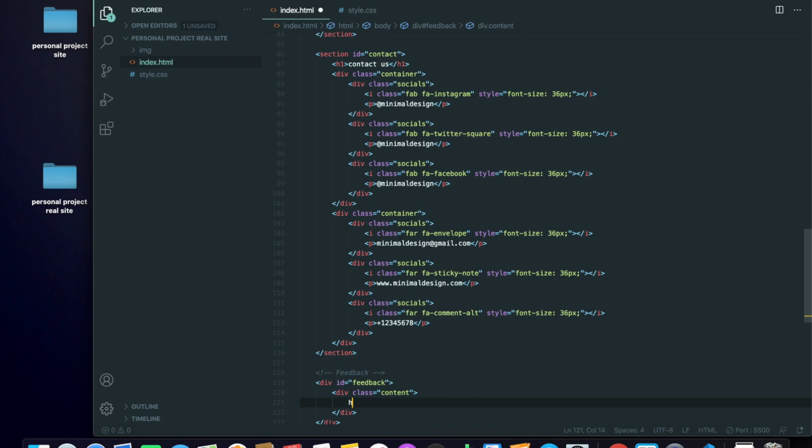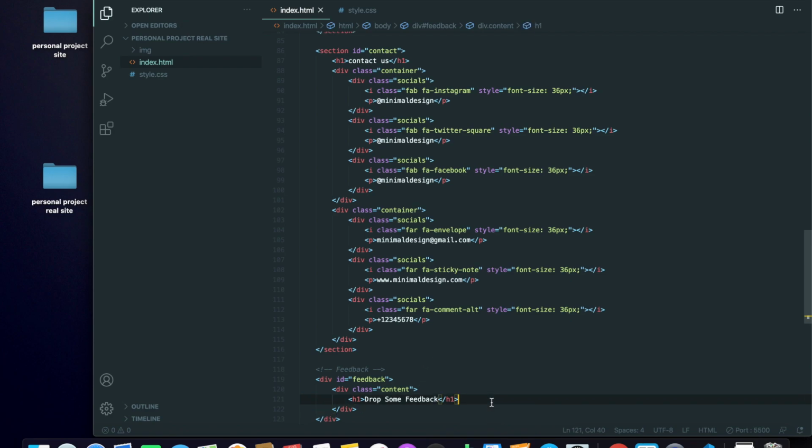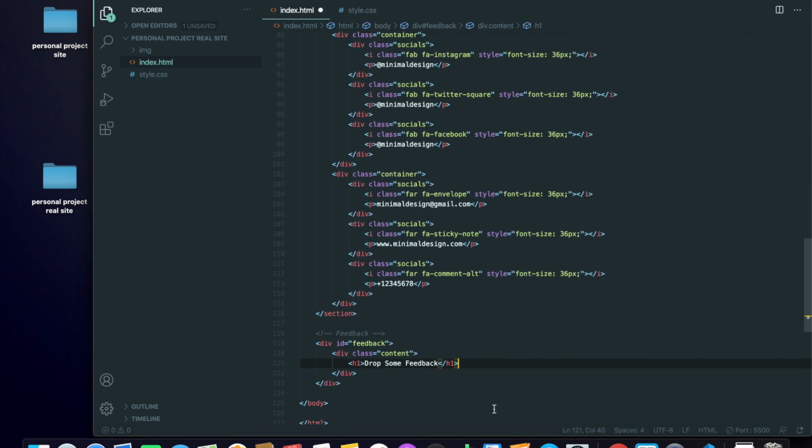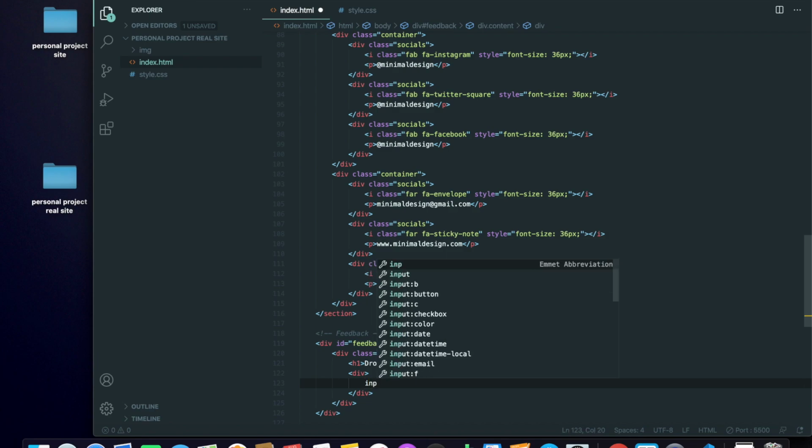So we're going to have a dot content, and you press tab and it gives you the div. And then we have heading 1 that I think says drop some feedback. Drop some feedback. Then there's these. So now if we make just a regular div here, because I'm going to put everything in their own containers, we have a smaller div under that